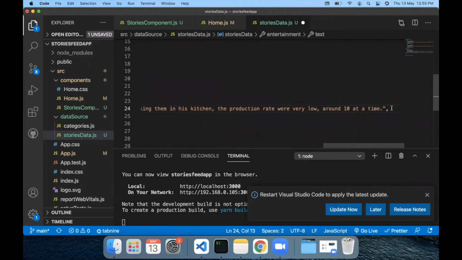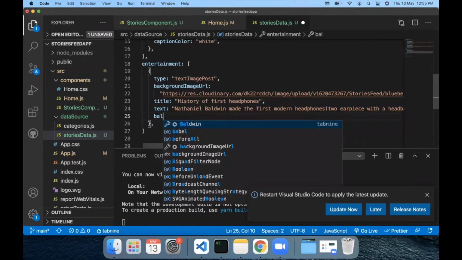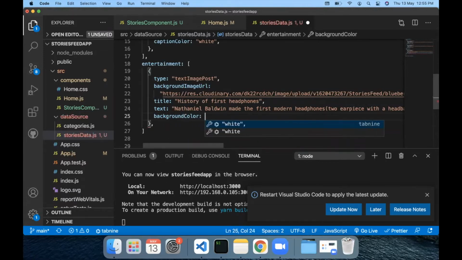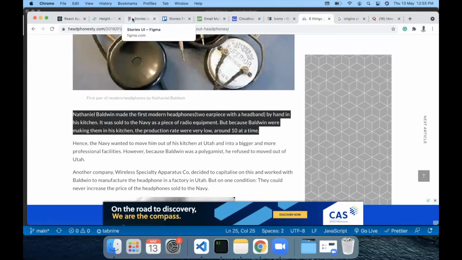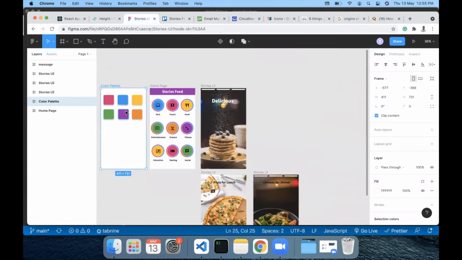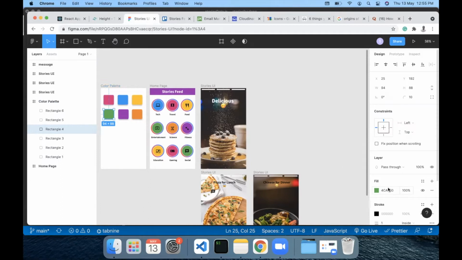Then we will also have a background color for the entire post. For now, let's just copy one color from our stories color palette. I think this would be good enough. So let me just copy the color